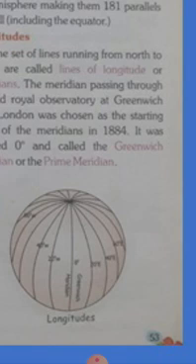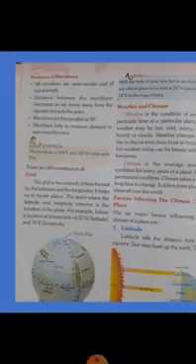All meridians are semicircular and of equal length. The distance between the meridians decreases as we move away from the equator towards the poles. The latitudes have equal distance, but the meridians' distance decreases as we move away from the equator towards the poles. When we move away from the middle portion to the polar region, their distance decreases. Meridians cut the parallels at 90 degrees. Meridians help to measure distance in the east-west direction.